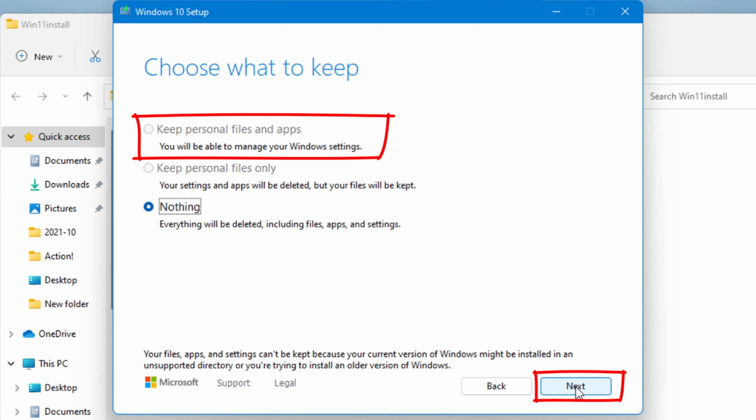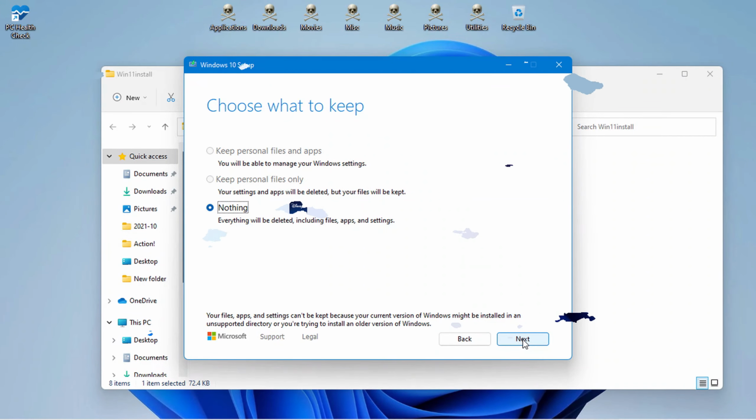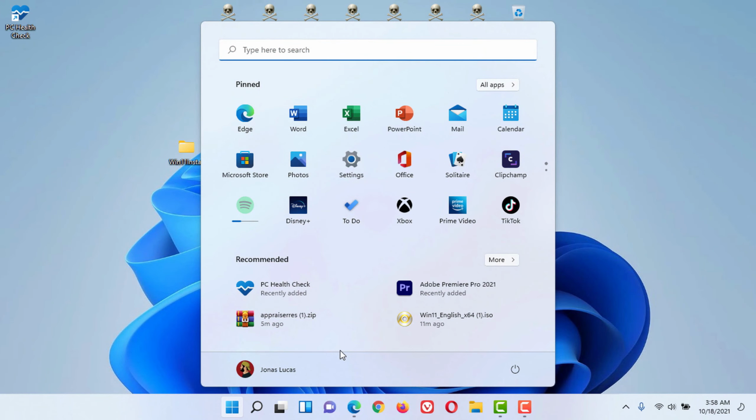This whole process takes some time. Then you will see a Windows 11 logo. There we are, the upgrade is complete. Looks like all our applications and data is still here.